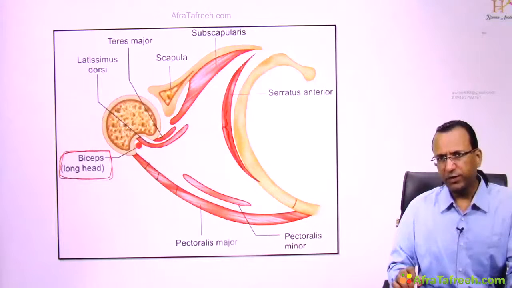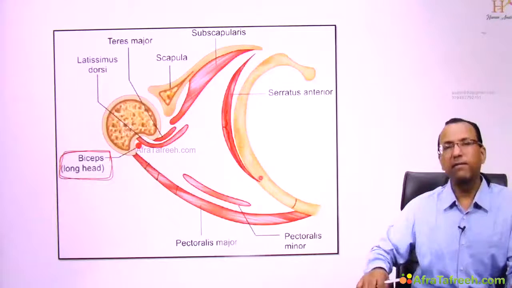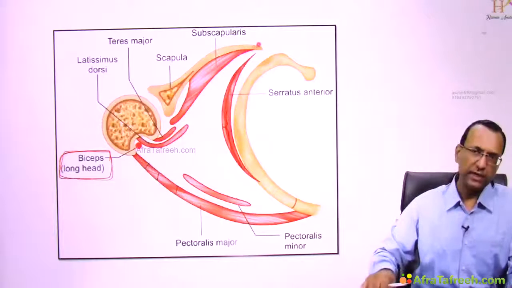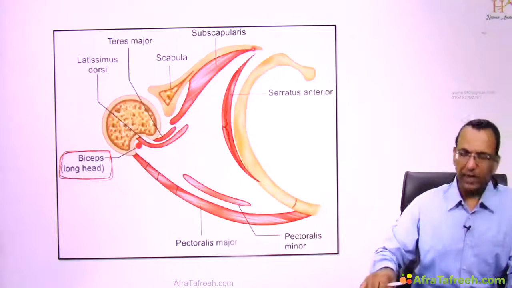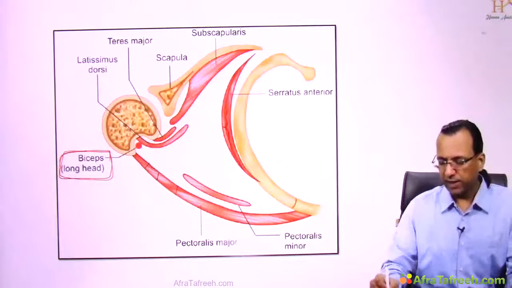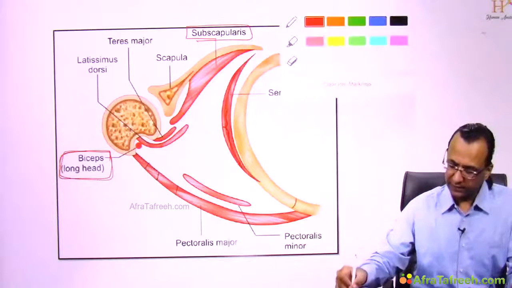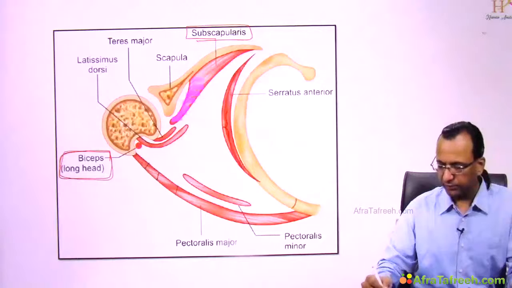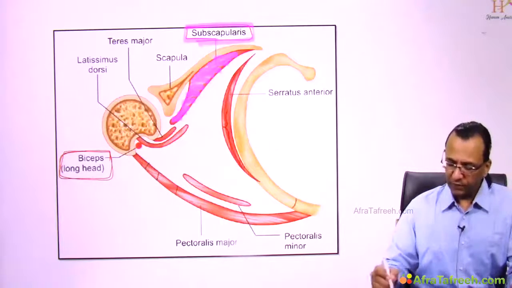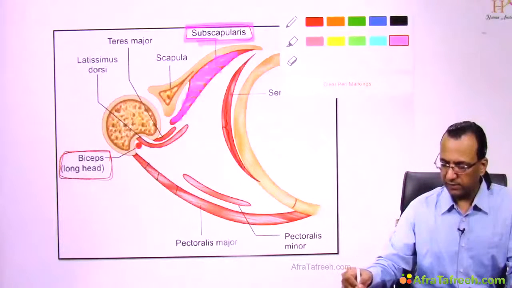Understand, when you say this is the medial wall, which is the upper four ribs, they'll be giving origin to serratus anterior, and insertion is on the medial border of scapula. And what about the muscle under scapula? Muscle under scapula is subscapularis muscle, and it is on the posterior side. If you say this is the muscle under the scapula, which is subscapularis muscle, which is on the posterior side, then what is laterally? Actually, there is a muscle coming from the dorsal scapula, and that muscle is called as